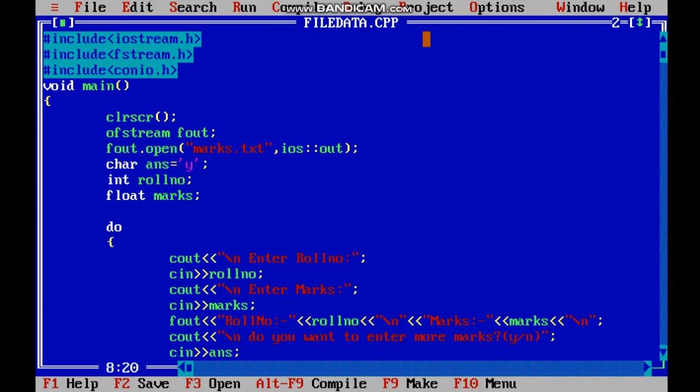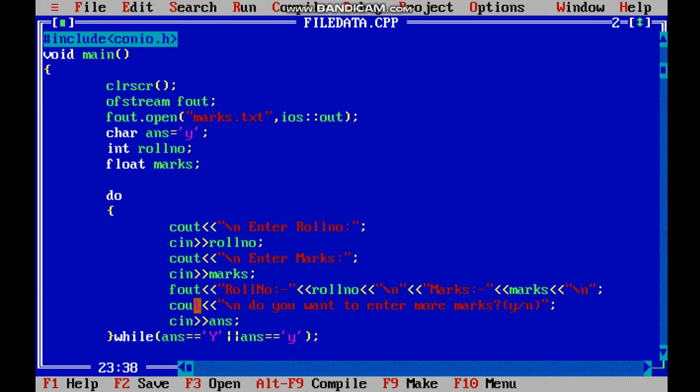In that I am specifying the file name, and so this file would be created. Just now it is not there in the program. This program will create that file and write the data into it, and this is the out file mode that I am specifying. Then I have used 3 different characters that we will use in the program.